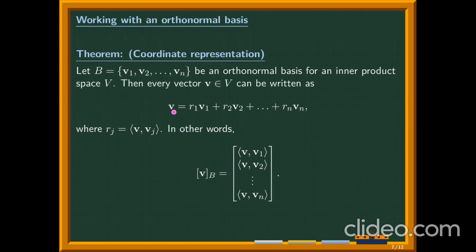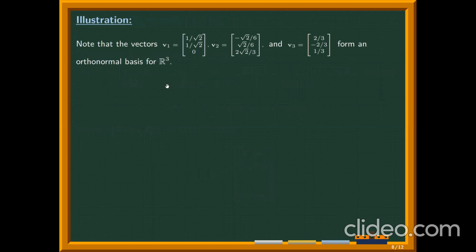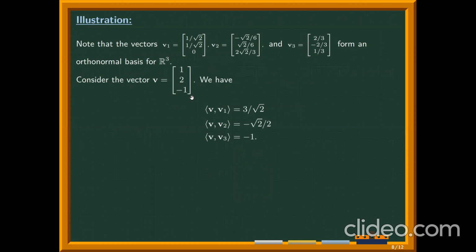In other words, the coordinate matrix of vector v with respect to basis B is given by this n by 1 matrix whose jth component is the inner product of vector v with vector vj. To illustrate, consider R3 with this orthonormal basis. So considering vector (1, 2, -1) in R3,